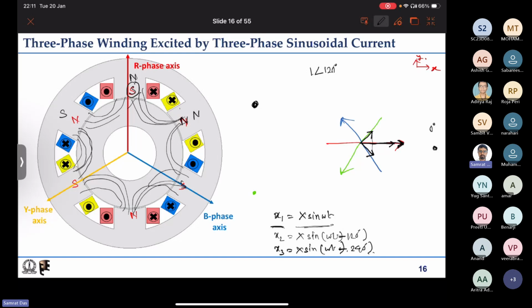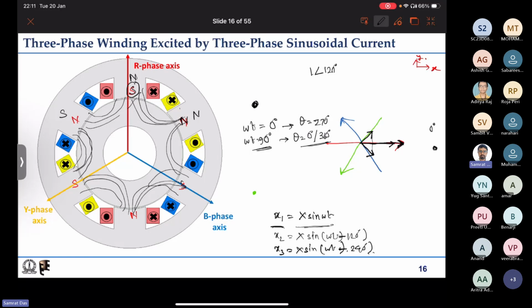So as you have moved in time from omega t equal to 0, the net vector was at theta equal to 270 degree. Now as we move to omega t equal to 90 degree, the net vector has moved to 0 degree or 360 degree. As we have moved ahead in time by 90 degree, the theta has also moved ahead by 90 degree in the anti-clockwise direction. So this is the mathematical basis behind this rotating vector production,